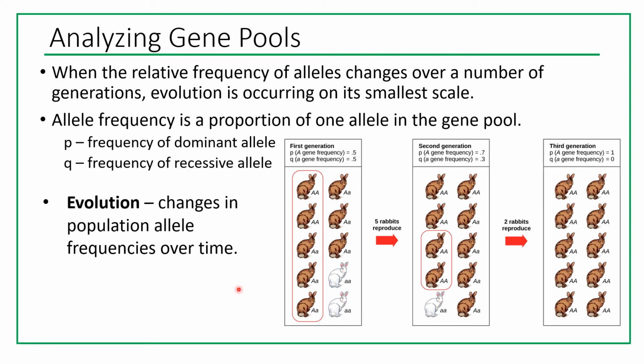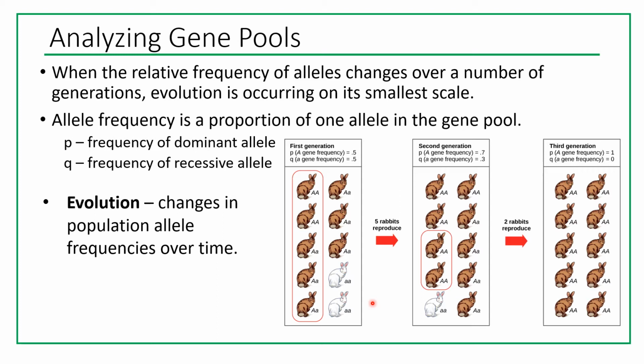So if we look at a small population, for example, this is the population that we want to study, right? And this population is really very, very small. It has only 10 rabbits. And you can see some rabbits are brown and some rabbits are white. And we know that brown fur color is dominant and white fur color is recessive. And because recessive